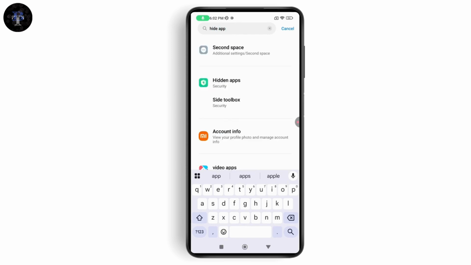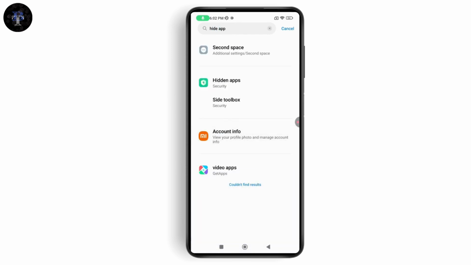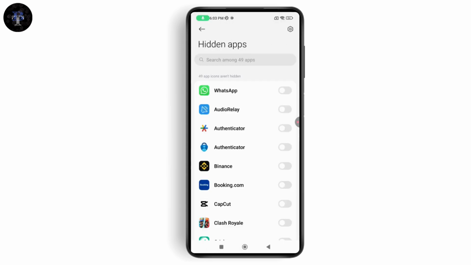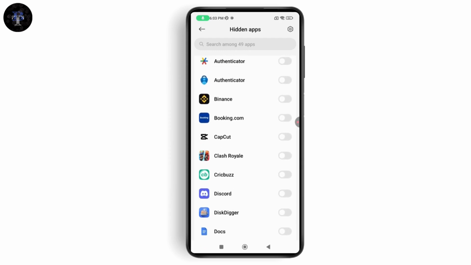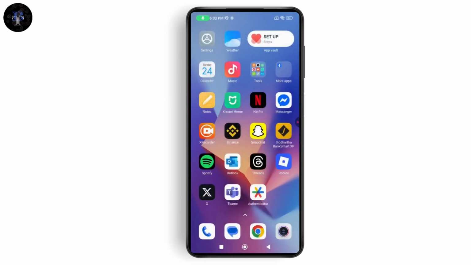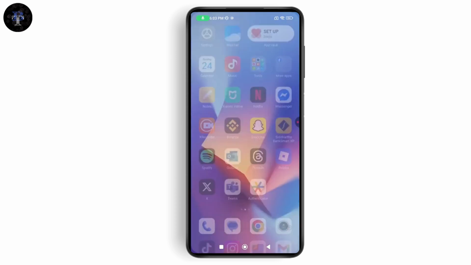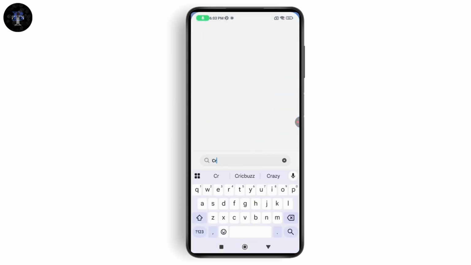Now here, you may also have a second space. You can create a second space if you want to, or just simply go with hidden apps. Here you need to go and turn on the option for hidden apps. Like for example, if I want to hide this ClickBuzz, I'll go and turn it on, tap on got it, and that's it. Now if you go back and search for ClickBuzz right here under your apps section, then you